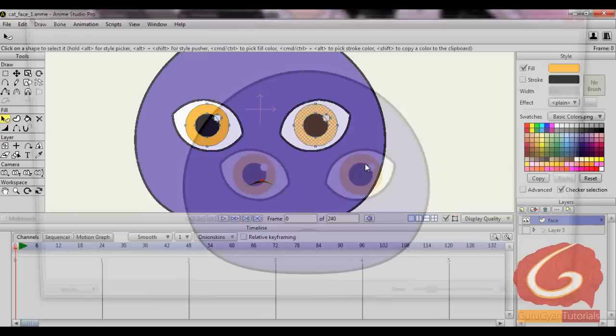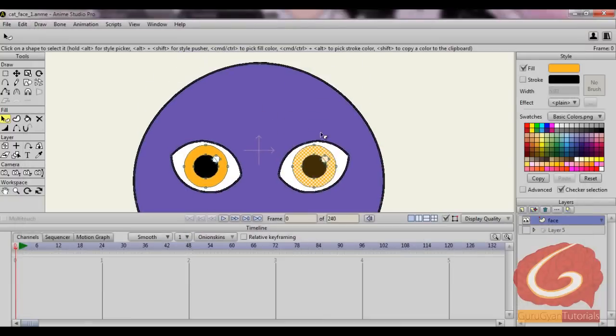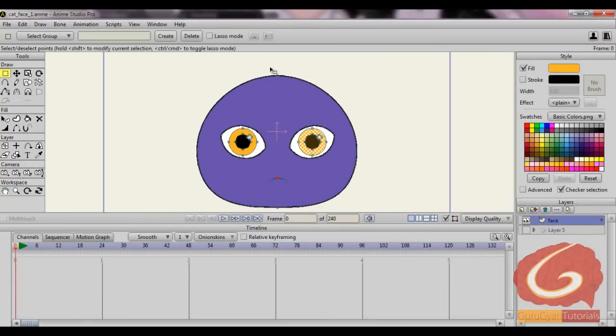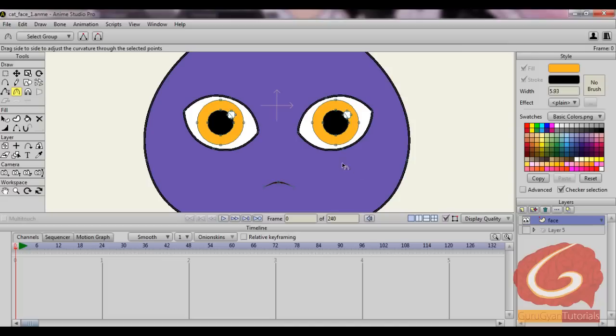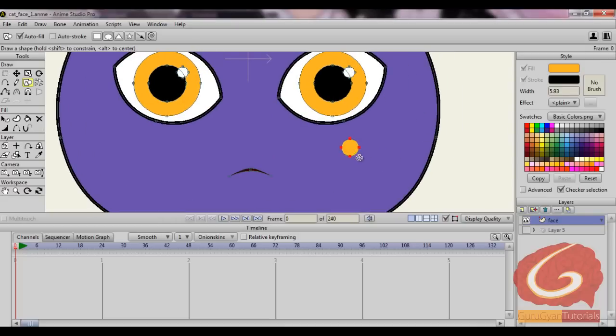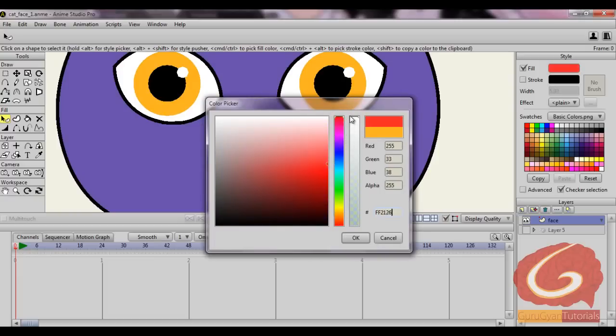So let's see. It's fine. I want this part to be a little bit sharp again. So just like this and just a little bit sharp. Okay. A bit of little pinkish thing on the cheeks. So if you want that to be created, get selected and click create. Let's scale it up and rotate. I want this to be a little bit smoother, not exactly roundness. I select the color somewhere near to this color